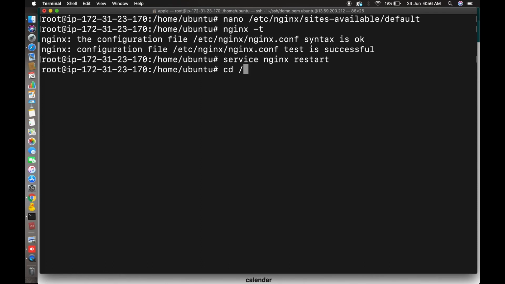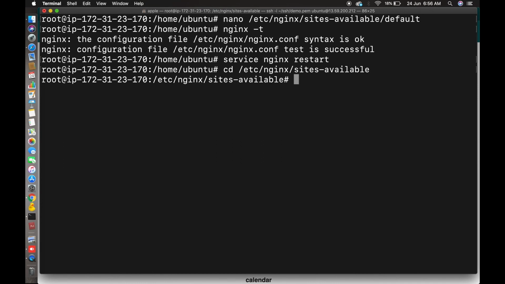Go to the directory with cd /etc/nginx/sites-available, and copy this same file to your domain name. We only need to change the server name, otherwise the same configuration will work.